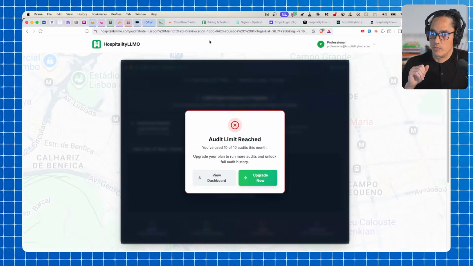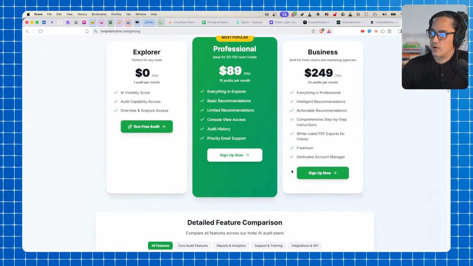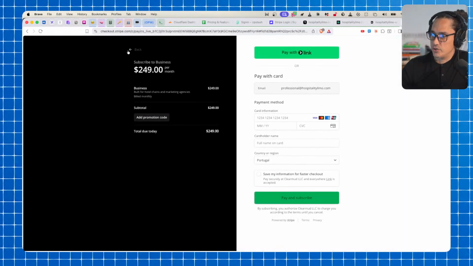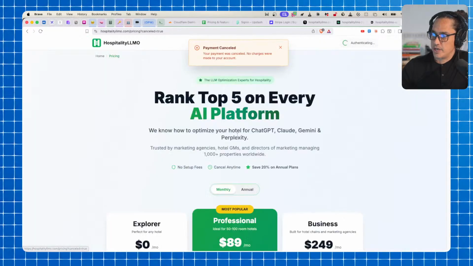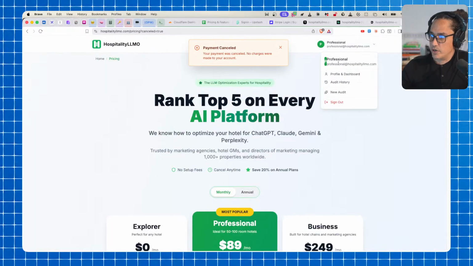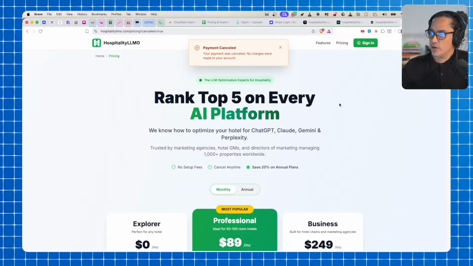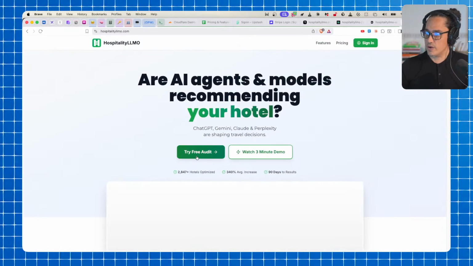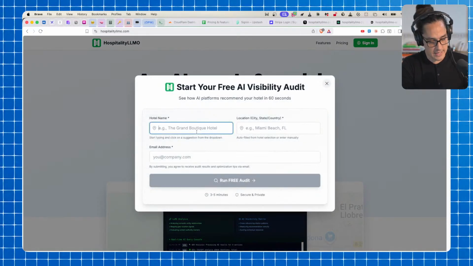Voila, audit limit reached. So we know the rate limiting is working on the professional plan. We know it's sound across the entire app. You can go upgrade now and it takes you to the pricing page. And this should take the user to a Stripe checkout. I mean, everything appears to be working great. So what we're gonna do now is sign out, hit hard refresh, try a fresh audit,